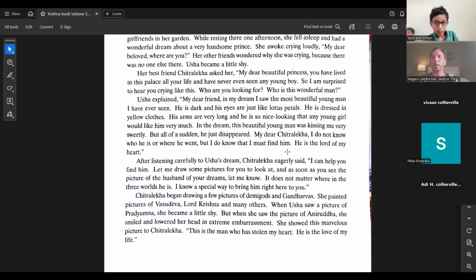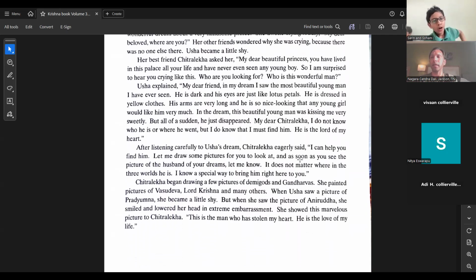And she is very upset because that person was very beautiful and she actually just fell in love, even in a dream, with that person. And she's shy about it with her friends. She tells her friends about it. Now, one of her friends is named Chitralekha, who